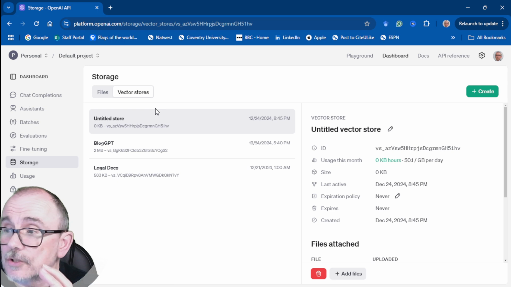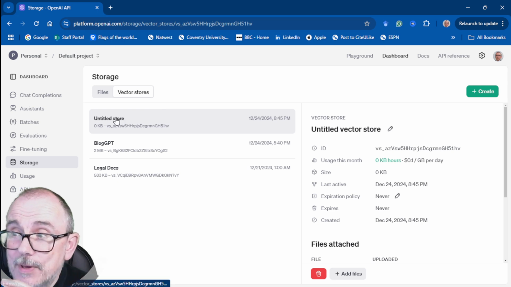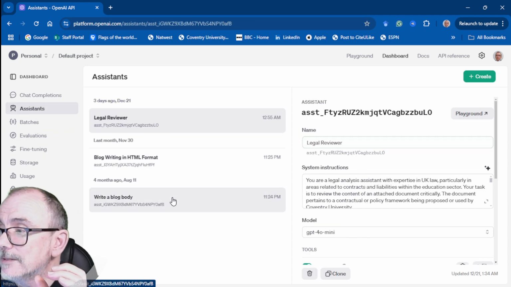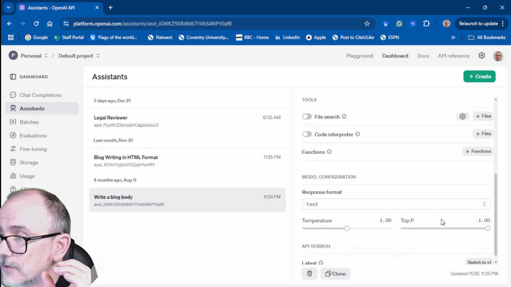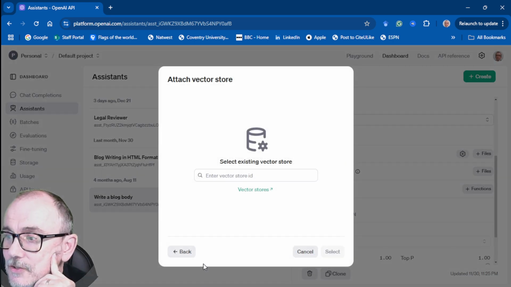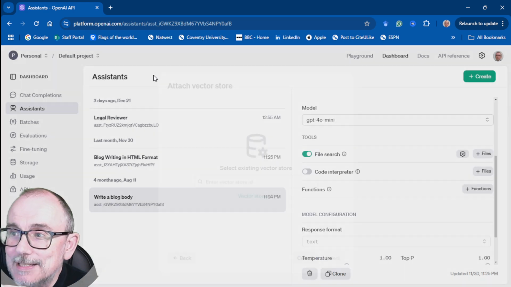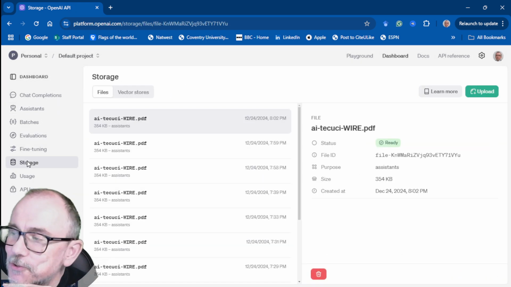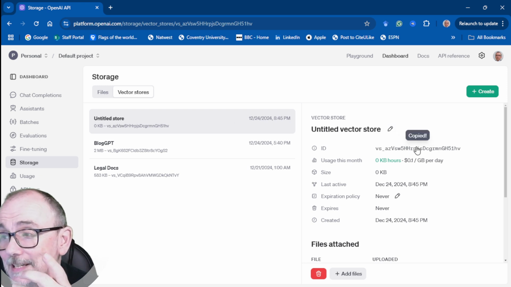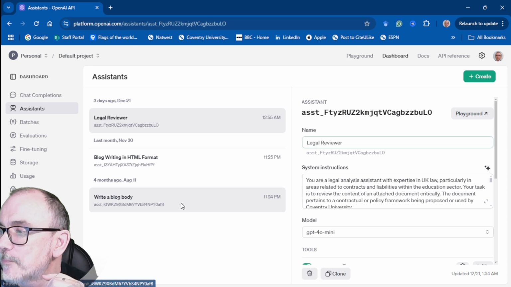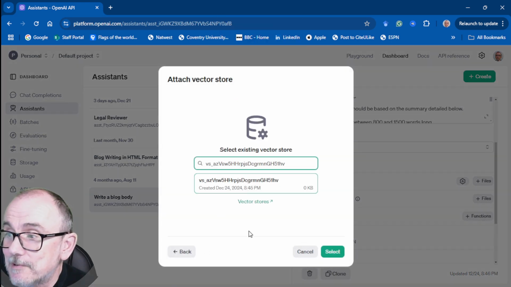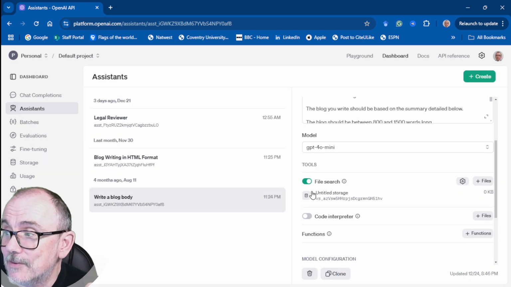And then when you want to connect an API to the data, to the vector store, let's see if we can go in this one, which I don't use very much, so I can mess around with it. You have to put the file search on, and then you select a vector store, and you need the vector store ID. So just go into storage, vector stores, untitled, and copy that ID. You just click it to copy it, and you go into your assistants, back in this one, add files, select a vector store, paste your vector store in, and there it's attached,